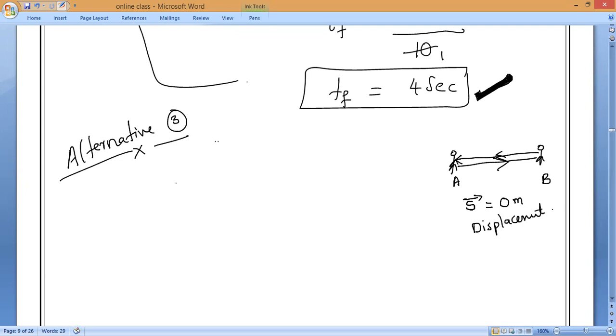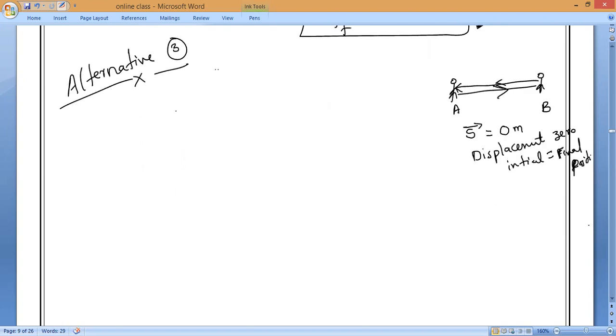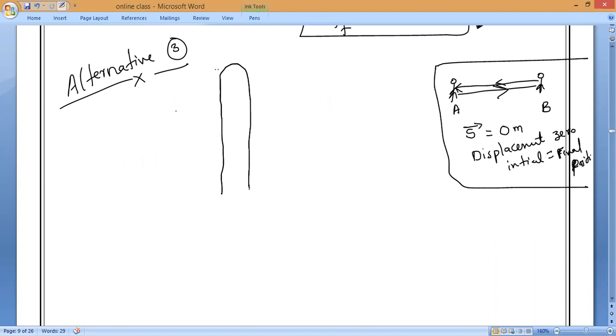You can notice displacement is 0 when the initial position and final position are what? Initial position is equal to final position. Is it yes or no? Now, you can imagine the same case. This is not just for remembrance. In this question, the ball is thrown upwards. After reaching maximum height, it returns to the same position. So in this case, what is the displacement? Displacement is equal to 0. Is it yes or no, guys?